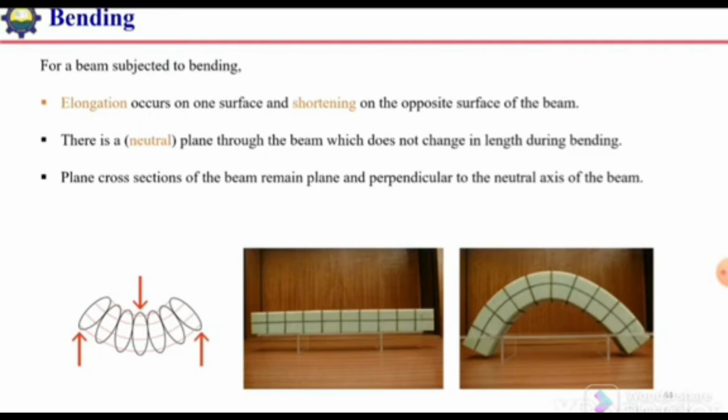In this video we will start from bending. What is bending, or what happens when bending occurs in a structural beam? If we apply a load on a simply supported beam, it will deflect in a downward direction, it will bend, and